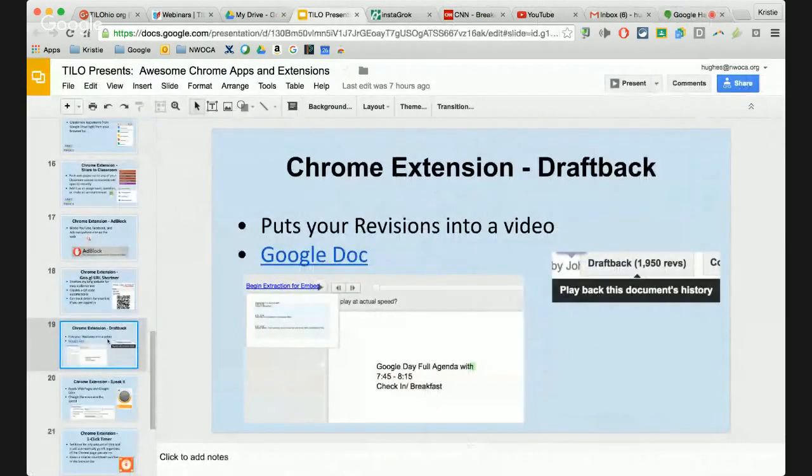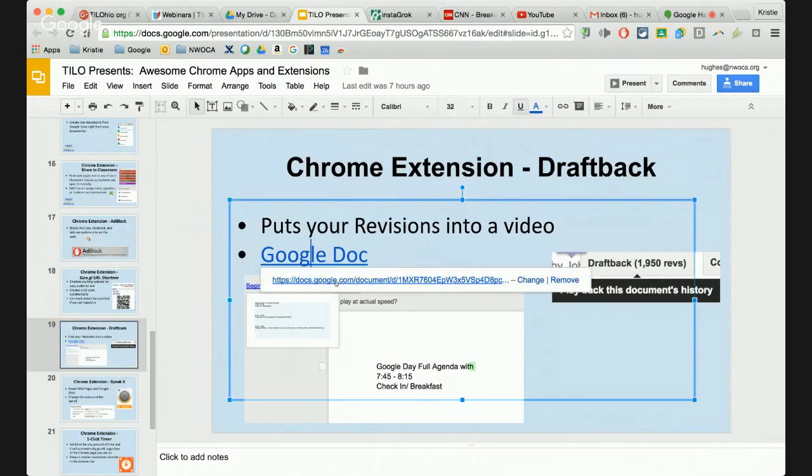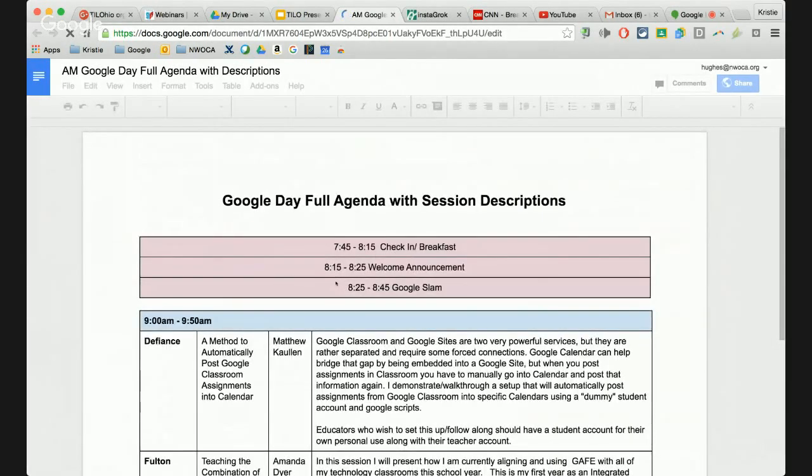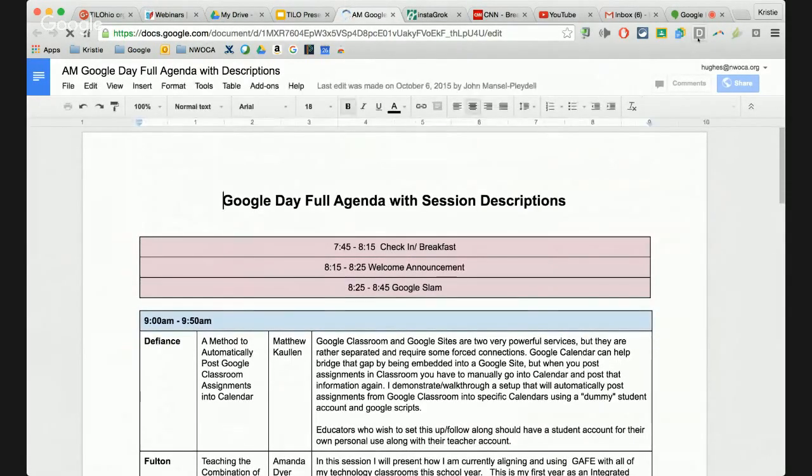which is called Draftback. So this one called Draftback, again, it's labeled as an extension. It will appear as this little D up in the top URL bar, your top browser bar, but really it's helpful if you are in a Google Doc. So I have this link here. I'm going to go ahead and click on this Google Doc. And when this goes out, if my Draftback extension is turned on, so it has to be turned on, then when this loads up, I will see a little button right here that says Draftback.